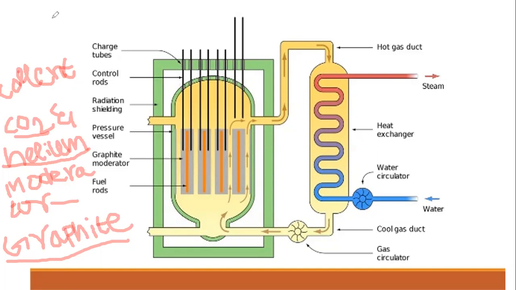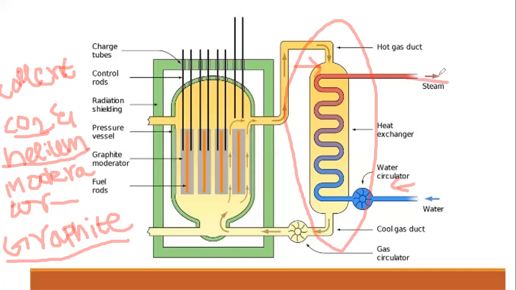This total part is called the heat exchanger. Here we enter water, and on this side we enter the hot flue gases that are delivered by this chamber. By the combination of this water and the hot flue gases, steam will be generated.